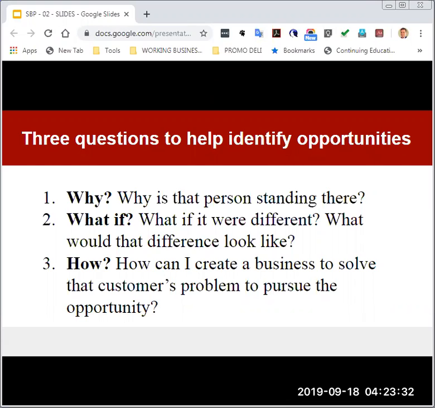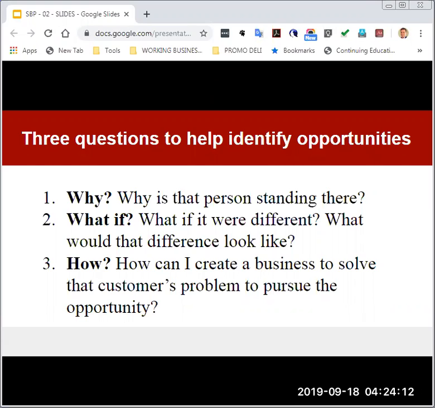First, look at the consumers. It might be the people standing in line, it might be the people that have already ordered that are enjoying the product or service, and ask yourself, why is that person standing in line? Really drill down to that why question. Are they thirsty? Are they hungry? Are they looking to interact with people socially? Are they on the way to work and they just want to grab some caffeine real quick? Why are they there? Don't just say they want to buy a cup of coffee. That's obvious. Ask yourself why they're there. What is their pain or problem in the marketplace?